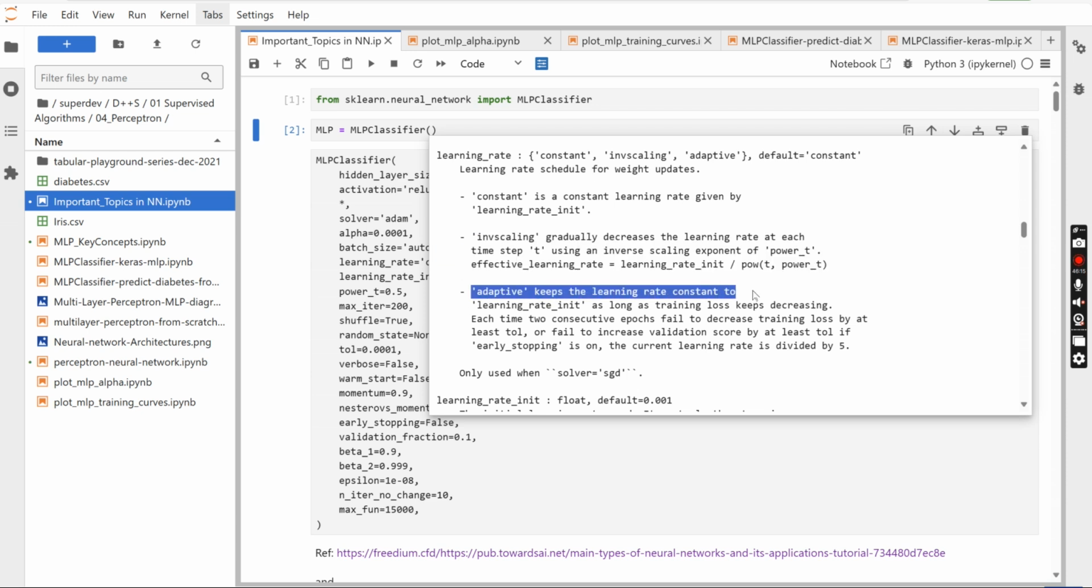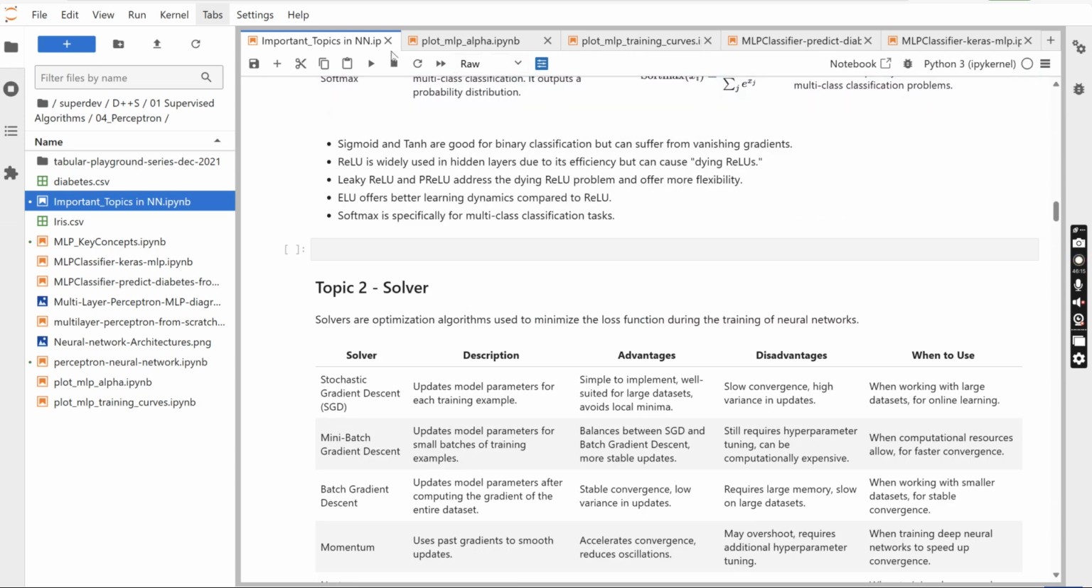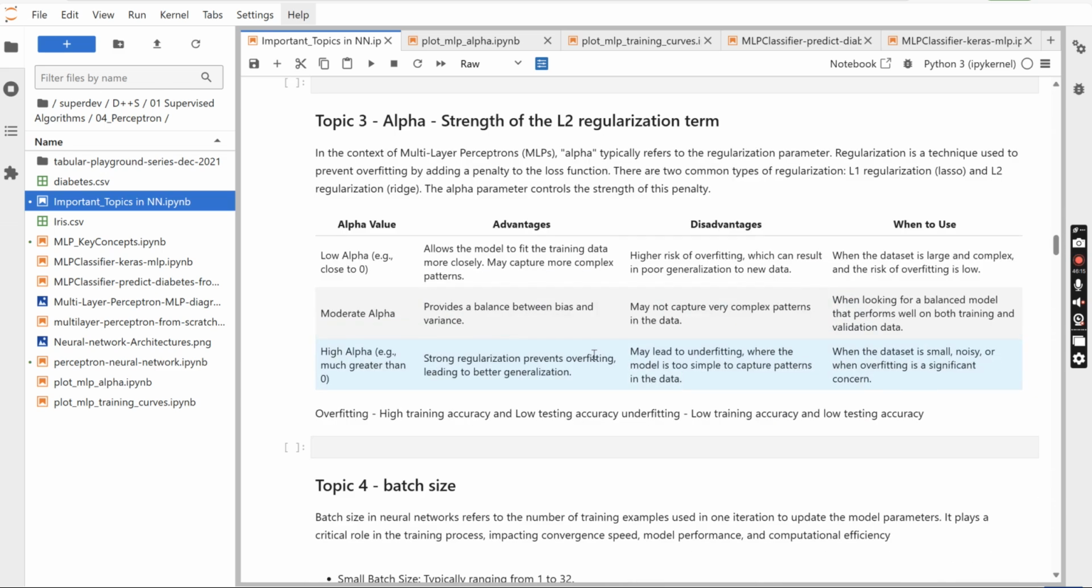Next is adaptive. Adaptive means it knows when to increase and when to decrease. The learning rate will sometimes increase and sometimes decrease for each epoch. So that is adaptive. So these are the three options. Adaptive is usually used for stochastic gradient descent. Anyway, now that we know, we want to understand what the gradient descent phenomenon looks like